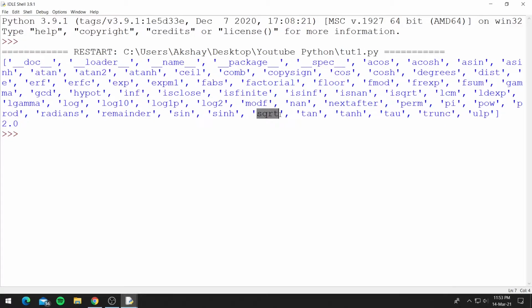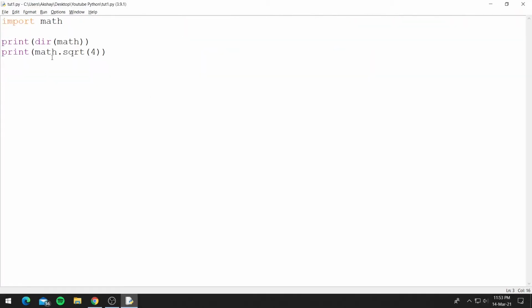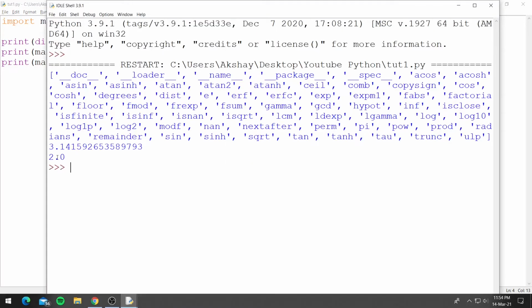So this was the method that we use, sqrt, which is used for square root. Then there is one for tan, so there is one for log as well, and there is one for factorial, and we also have pi. So this is a variable and it basically prints the value of pi, which is 3.14. So let's print it, and to access variables the process is the same. You type print and math.pi, and let's run this, and it prints 3.14, which is the value of pi, and the square root of 4, which is 2.